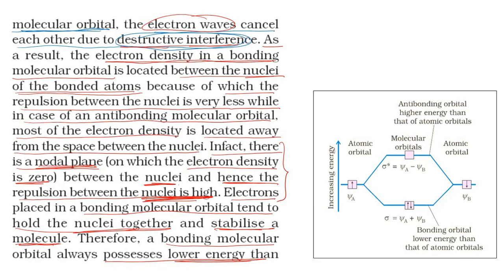So here you can see the energy level diagram with respect to molecular orbital theory. This is the sigma bonding molecular orbital, and this is the anti-bonding molecular orbital. Energy of the bonding molecular orbital will be less, so it will be much more stable, and the energy of anti-bonding molecular orbitals is high, and it is less stable.